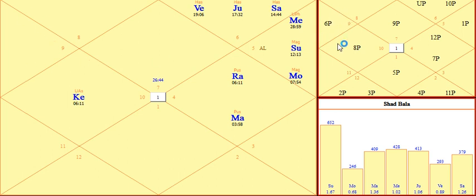See here, sixth pada. The pada actually fell here, but the exception to this rule is that a pada cannot fall in the same house. The concept behind this is: you cannot place your foot where it is. You can place only the next step. So that is the concept of pada.